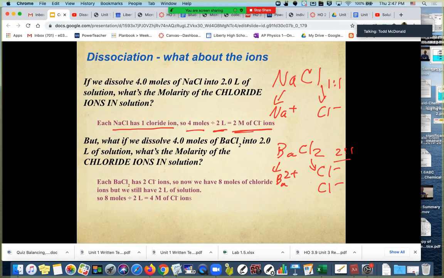So if I have 4 moles of barium chloride in my 2 liters of solution, we really end up having 8 moles of chloride in that 2 liters. Therefore, our molarity of chloride ions actually becomes 4 molar. It becomes twice as much, right? And we're going to have some shortcut ways to do this in the next video on how